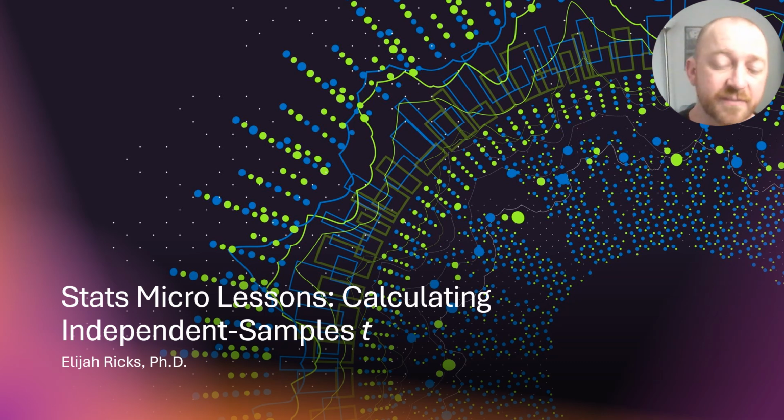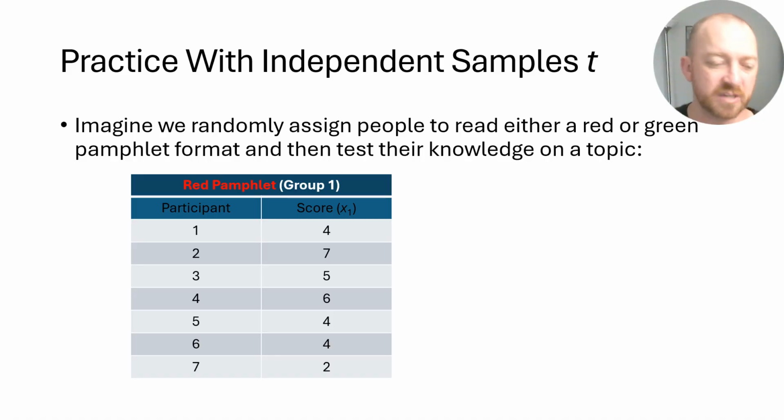Hi everybody, in this video we're going to calculate a t-value for the independent samples t-test. So I'll show you again the equation and walk you through how to actually calculate a t-value with some raw data. So let's imagine we've got a scenario where we have two independent groups and we need to compare the